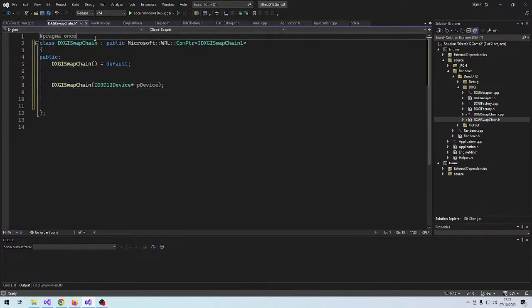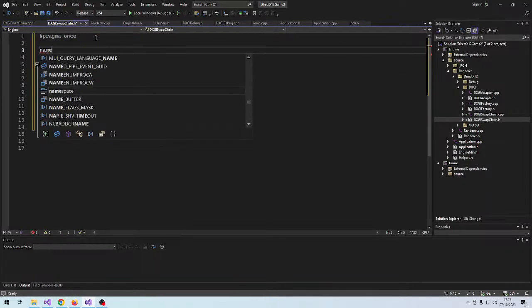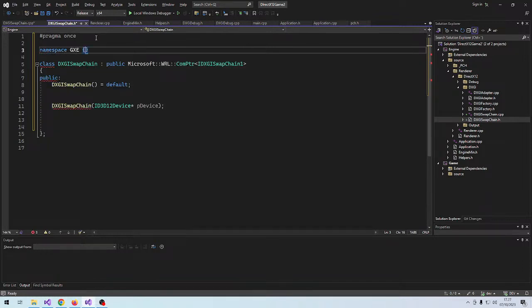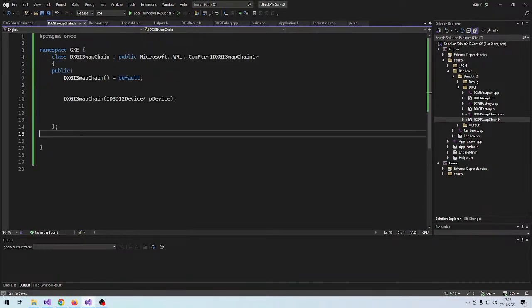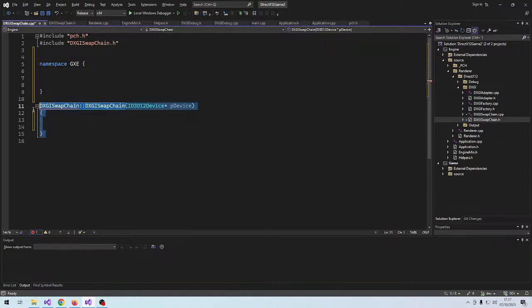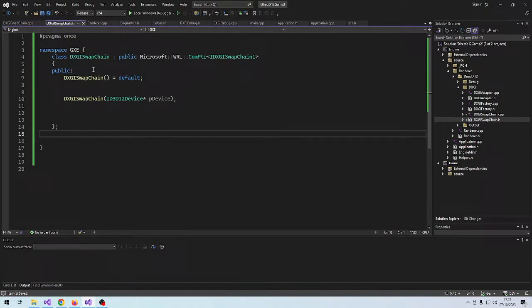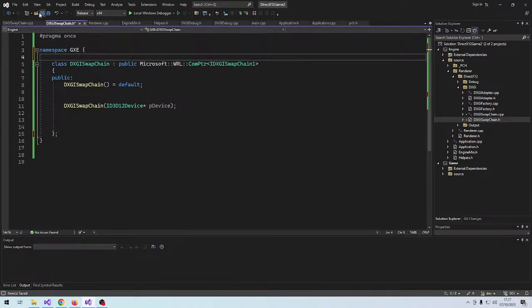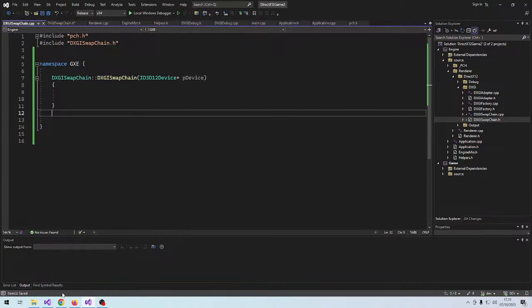Oops, I forgot the namespace. IntelliSense is also way faster. I must have messed something up when I set up the project earlier. All right. There we go. So a swap chain